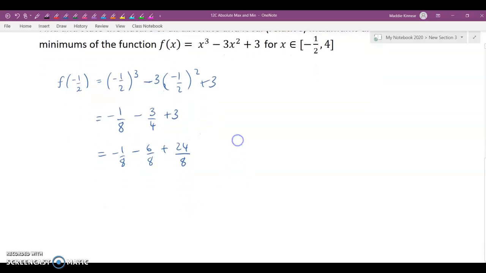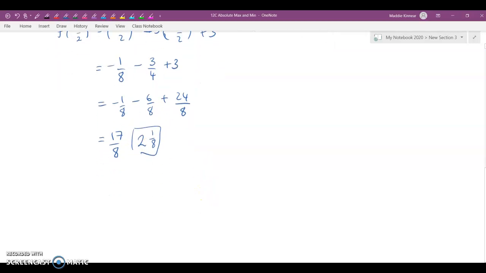I'm going to end up then with an answer of 17/8, which I guess is also the same thing as writing 2 whole ones and 1/8, just so you get an idea of what that number is. And so we have the coordinate point then of negative 1/2 and 17/8. I'm going to highlight that guy in yellow because we need to bear him in mind when we think about